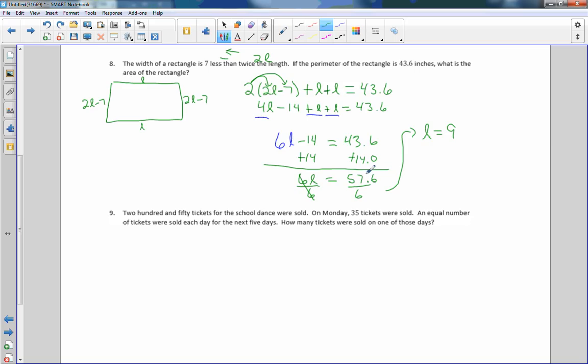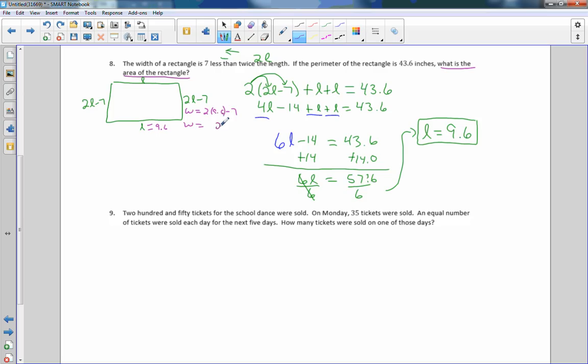54 with a remainder of 3 would make a 36 here, and 6 will go into 36 6 times. So the length is 9.6. We're not done. It says, what is the area of the rectangle? So now I know L equals 9.6, and I know my width equals 2 times that 9.6 minus 7. So my width is